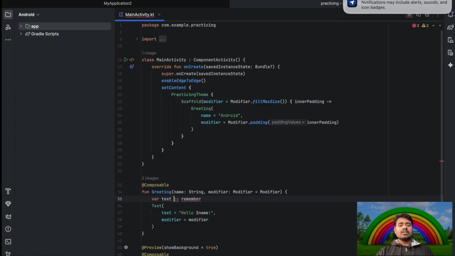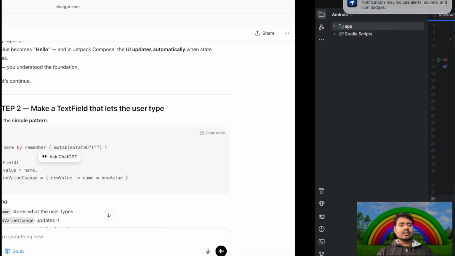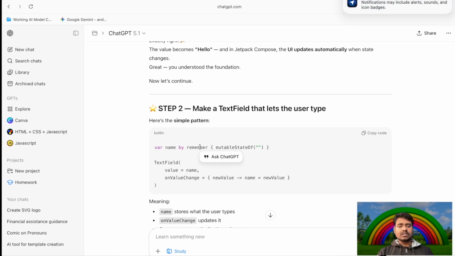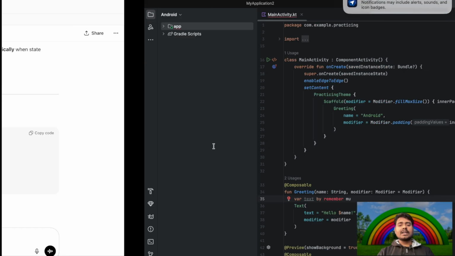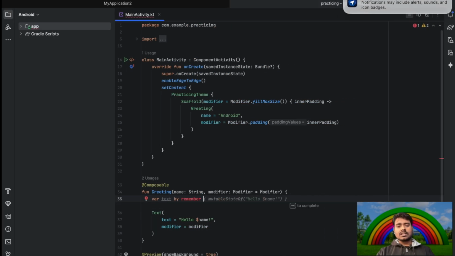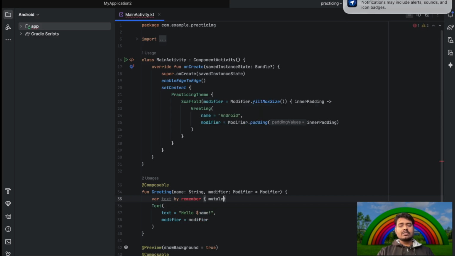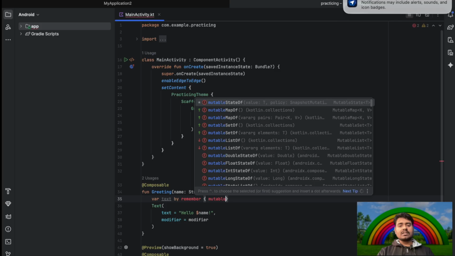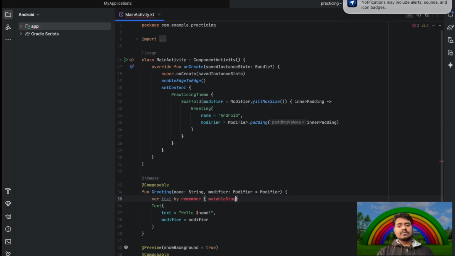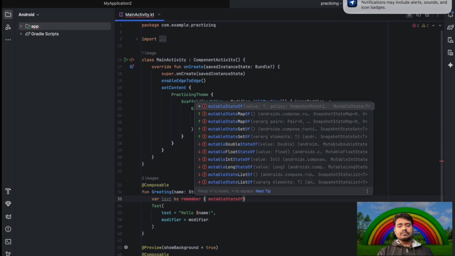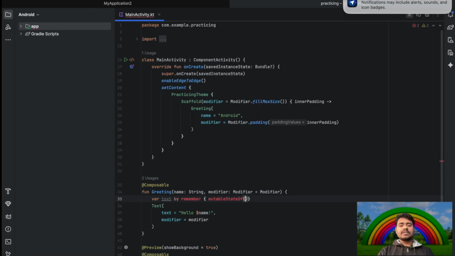Okay, var text by remember, and then in a curly bracket. So curly bracket, space, new mutable state of. And then inside we're going to have our strings. That's what I think. So I'll set that hello, and then the variable I will write is going to be